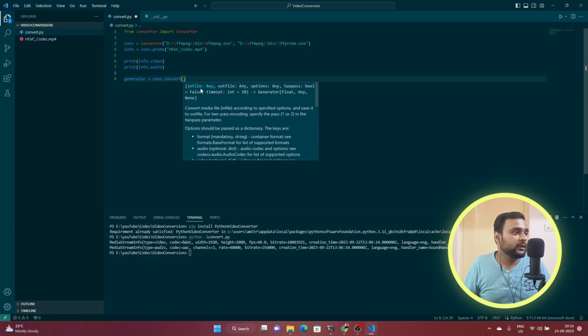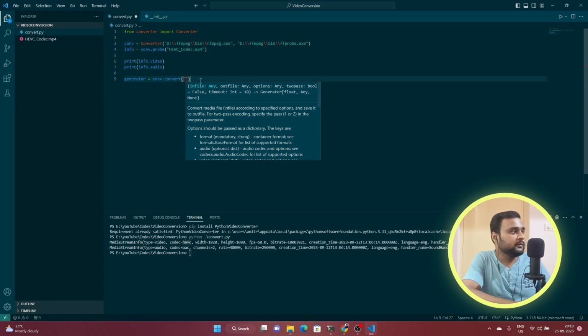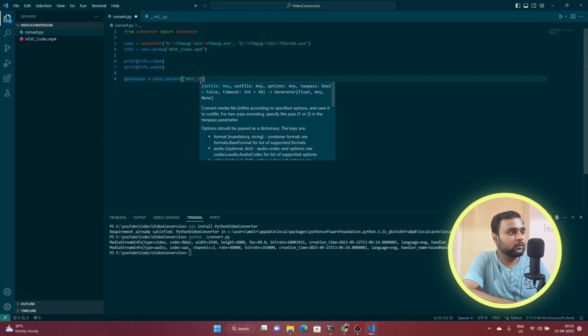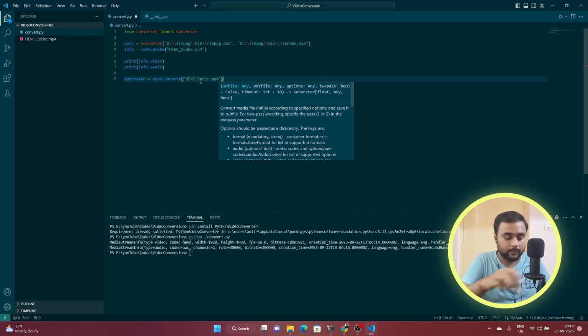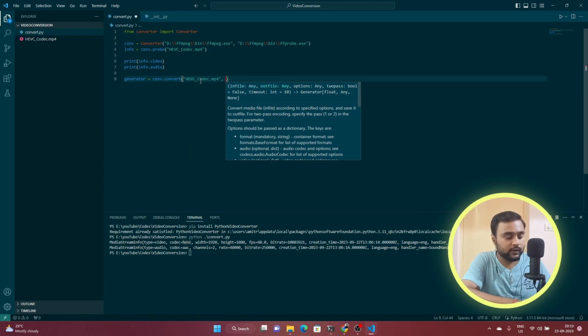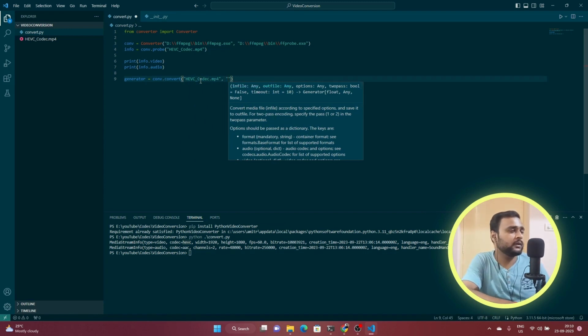So it is looking for in file, and out file is the file name or the file path that we are going to provide, or where we want to get our file. In file is very simple, the same thing, HEVC codec.mp4. And for out file, what we can do, we can give converted